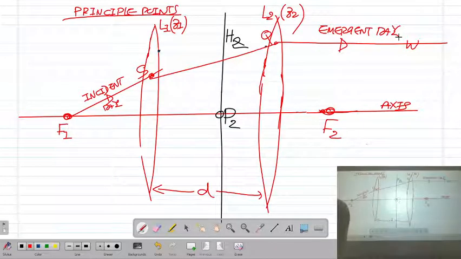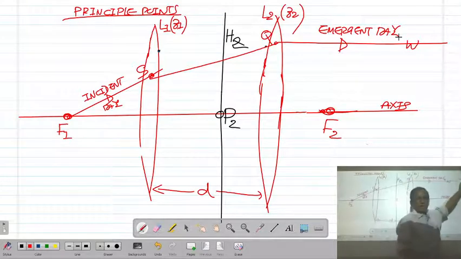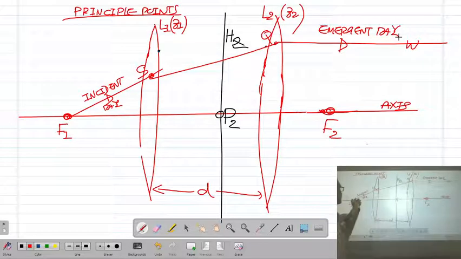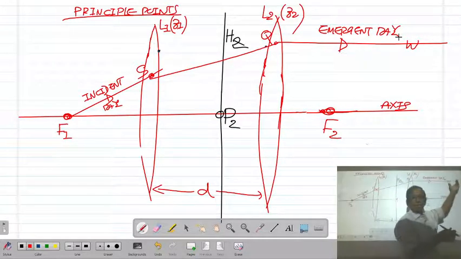This is just the repetition: a ray of light emitted from the first focal point F1 is incident on the lens system. Ray F1S, passing through the first focal point F1, is incident on the lens system at point S. This incident ray undergoes refraction in the direction SQ, and after refraction it will travel parallel to the axis in the direction QW.